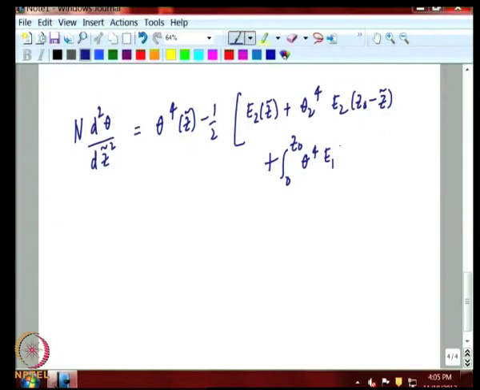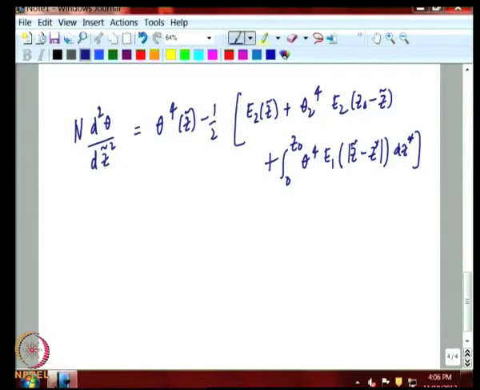Now, here I am writing a compact form of the integral term, which contains both the terms that we wrote down in the previous expression. This is a modulus here. So, you must remember that in actually solving the equation numerically, you have to expand this from 0 to z tilde and from z tilde to z 0, but here we have written it in a single expression for convenience. This is a matter of compactness for use.